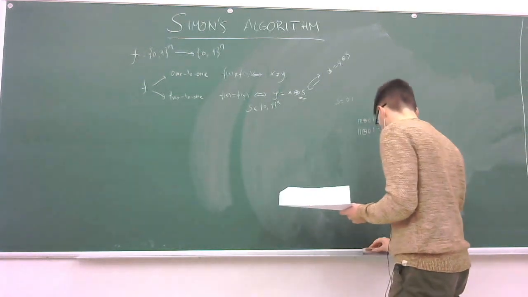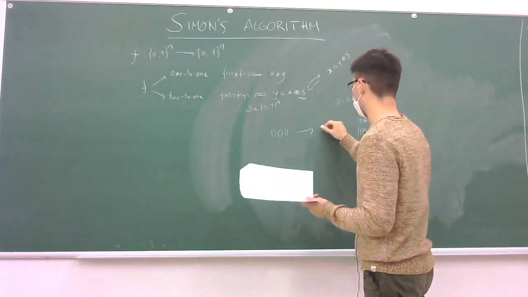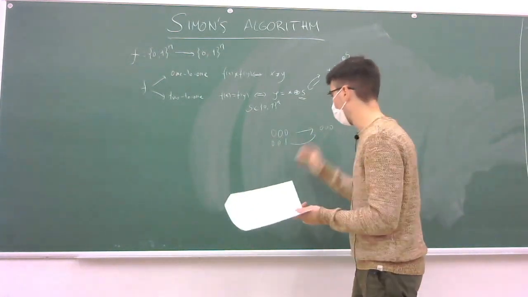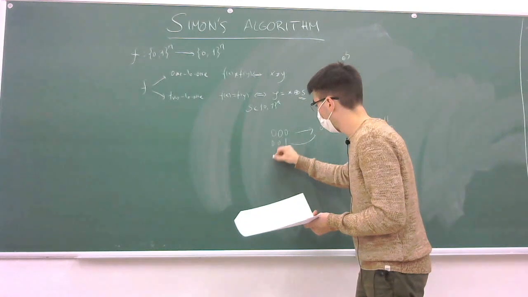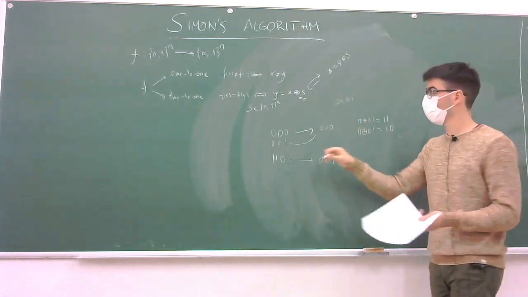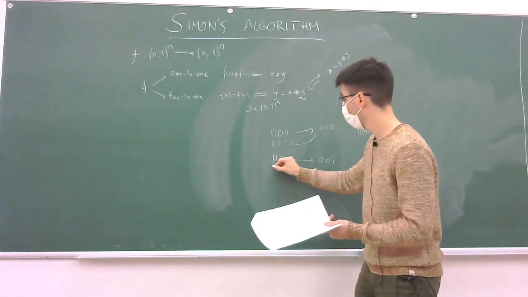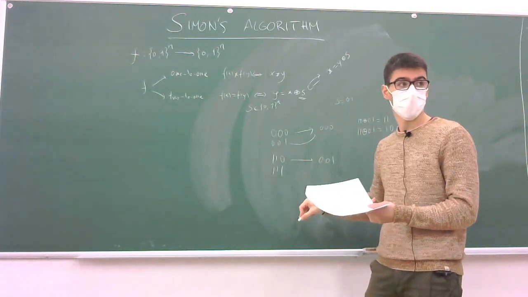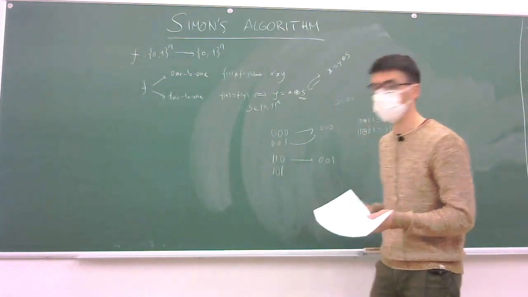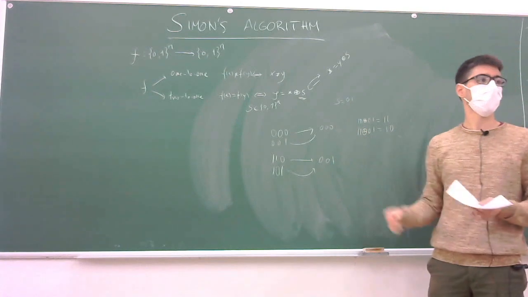For example, imagine a function that maps 000 to one value, and 001 to the same one, and now we map 110 to 001, and now in order to satisfy this property, the other value mapping to 001 should be 111. By now, if I choose, because I'm defining an arbitrary function, that I use this other string and map it to the 001 value, and then define everything so that it is 2 to 1 but not satisfying this relation,